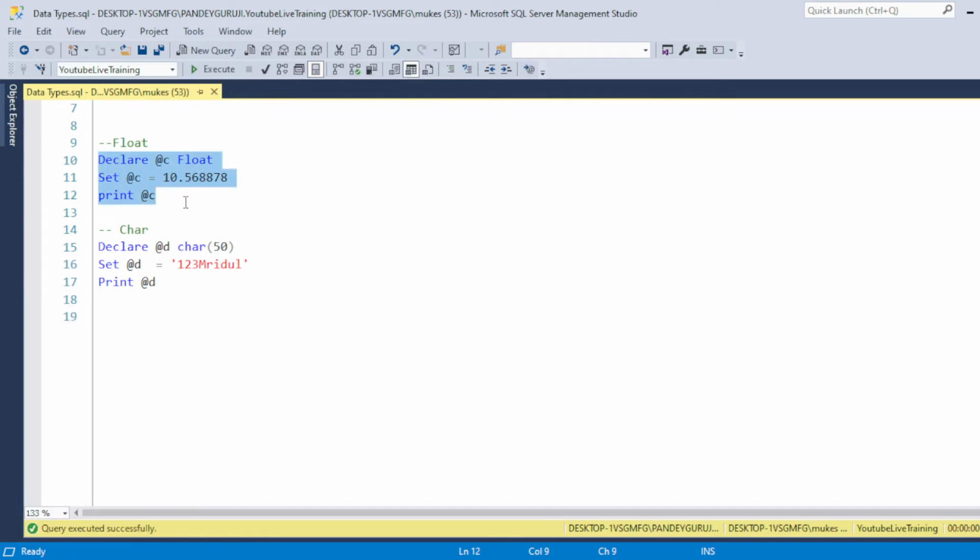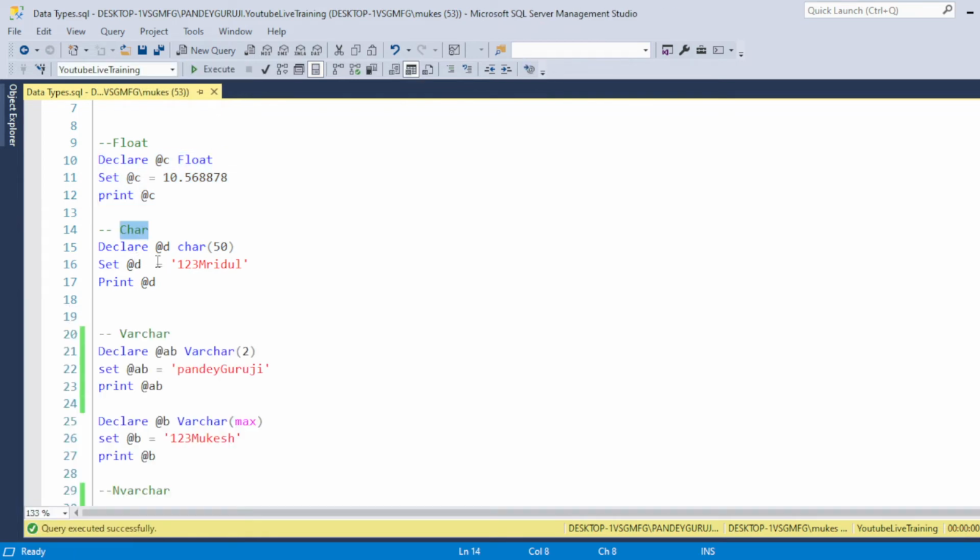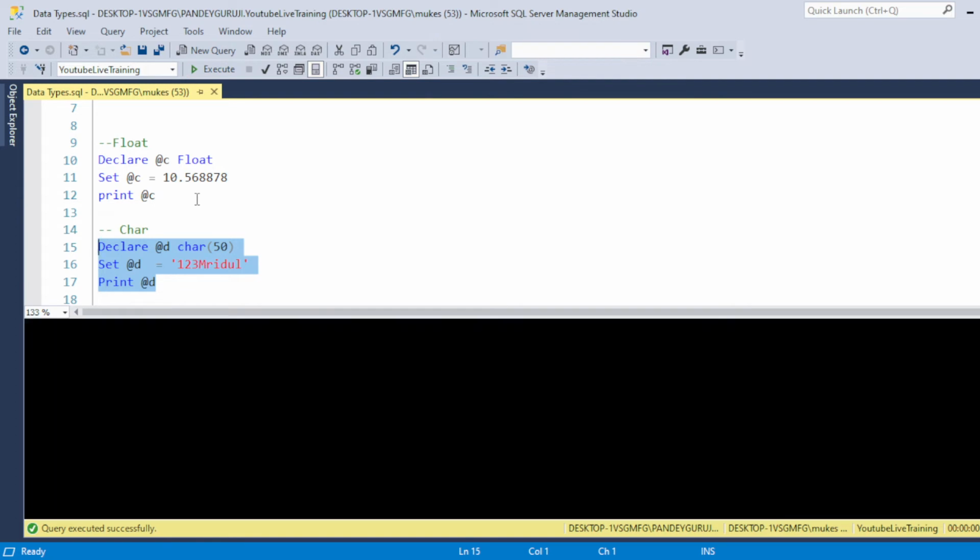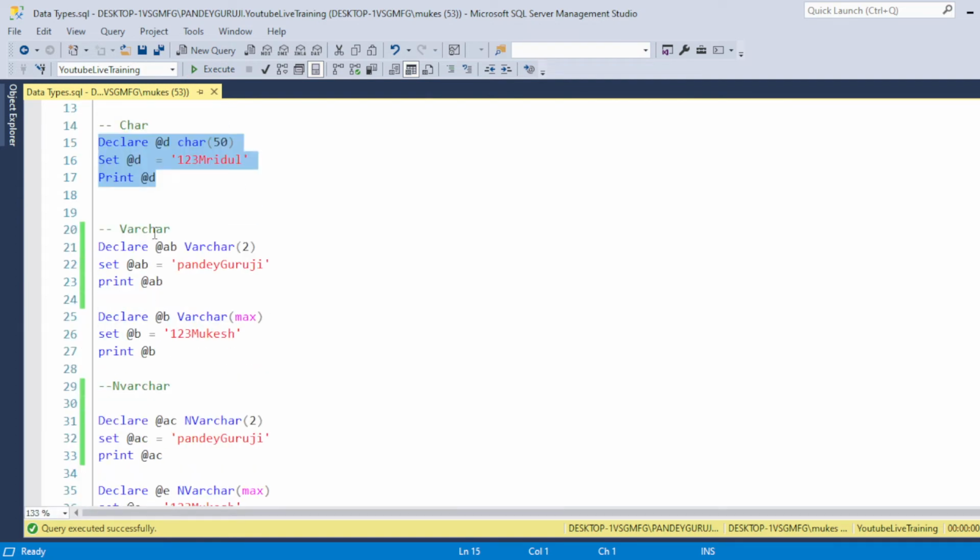Now, what is the difference between char and varchar? If you declare char 50, this is a fixed length, so it occupies all 50 whatever value you pass here. But if you declare varchar, whatever value you pass here, it will occupy only that much memory allocation.